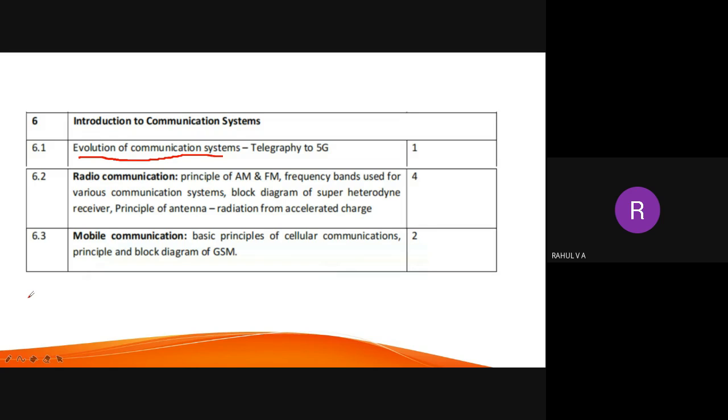The important topics in this module so far are the derivation of AM, the comparison between FM and AM, the block diagram of the superheterodyne receiver, what is modulation, and what are the needs for modulation. The evolution and frequency bands are normally not asked till now, but we don't know whether they will ask in the next semester exam.